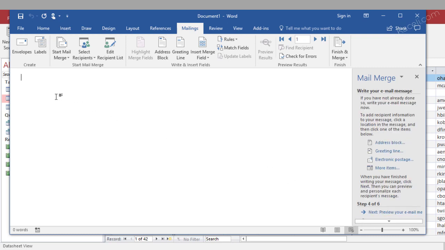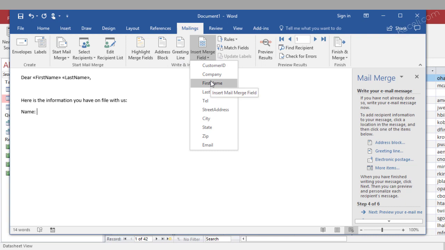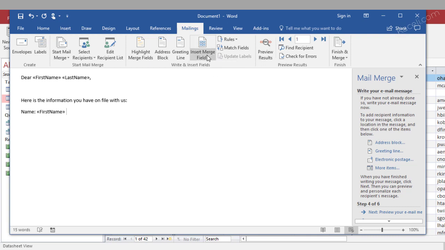And here we just write dear, and then put their first name, last name, comma, and you're basically just picking the fields and being creative, or whatever your need is, to utilize those fields in your email to them. So in this case, we're going to tell them, okay, here's what we have on file with you or from you on our systems, and if you have any problems or anything like that, just let us know. So we say a name, first and last name, then we could put in there street address,